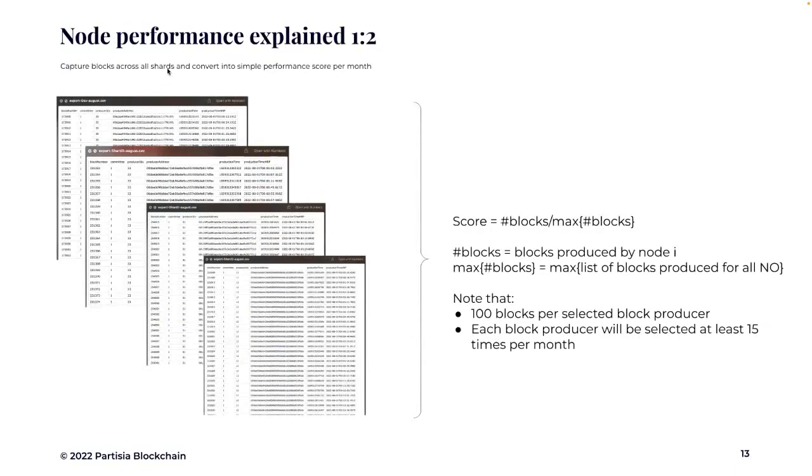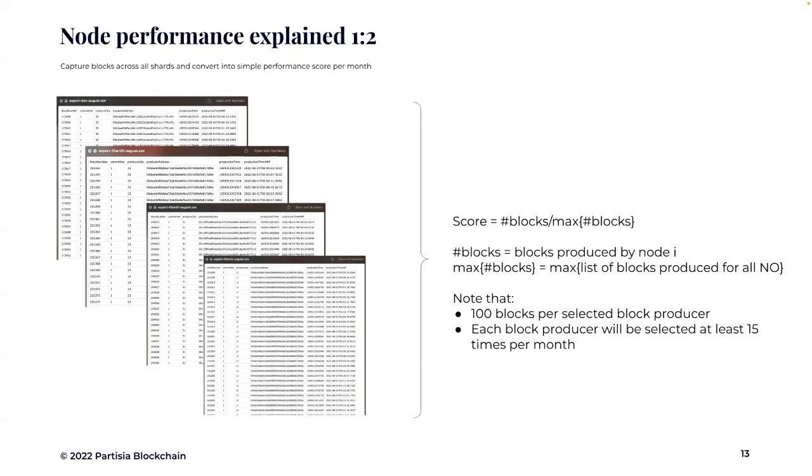So we talked about adjusting for node performance. The way that we are measuring node performance is to look at the actual blocks produced by the individual nodes. So this is the job as a baker node. We are running 4 different shards in the net: the governance shard, and shards 0, 1, and 2. So that's 4 shards altogether. We sum all of these blocks produced by all of the block producers. Then we compute how many blocks each of these producers has created in 1 month. And then we use these numbers, the number of blocks produced by a node operator in a given month,